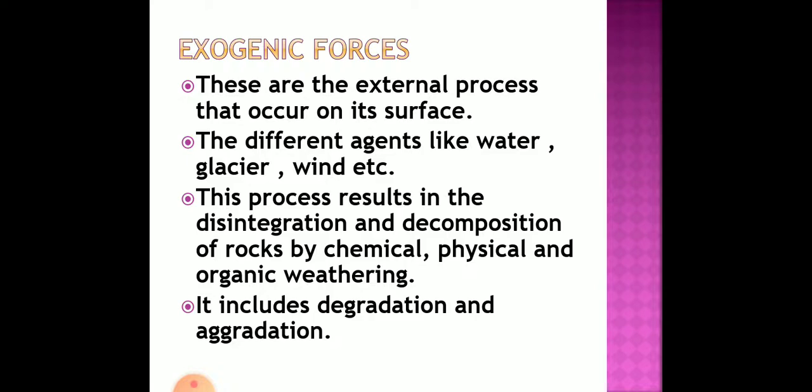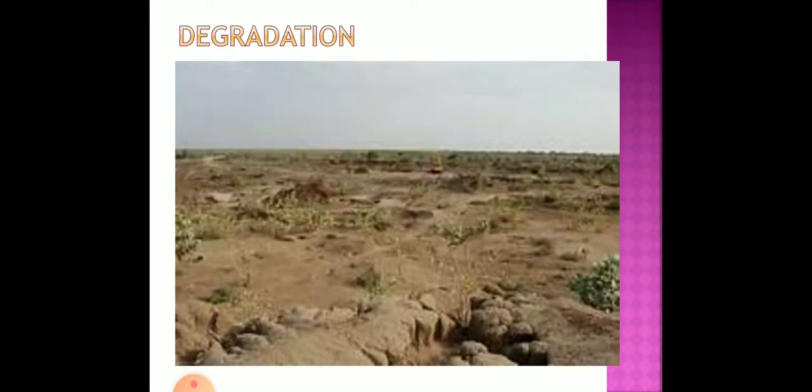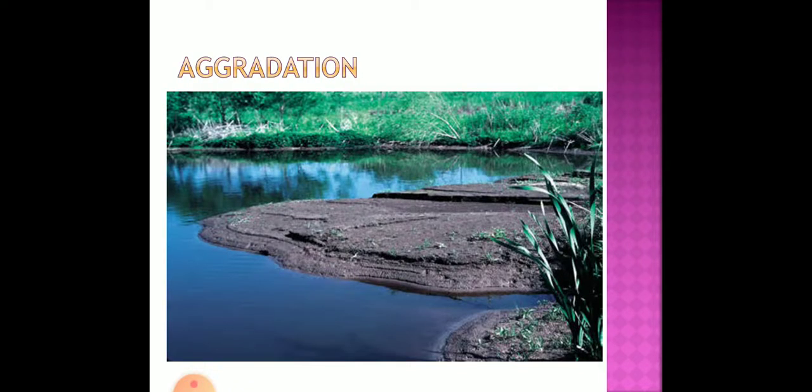Along with that, in some other places they increase the fertility of the land. Sometimes we have heard that the erosion process destroys the land surface, but in some cases the river carries such humus and topsoil, and when they reach the lower portion in the deltas, they deposit the sediments, and that makes the land fertile. So we cannot say that it is completely a destruction. In one way it is good, and in another it is destruction. So we can say that it is degradation, along with that it is aggradation. Degradation removes the topsoil, and here you can see aggradation, where they accumulate all the silt and humus and make the land fertile.